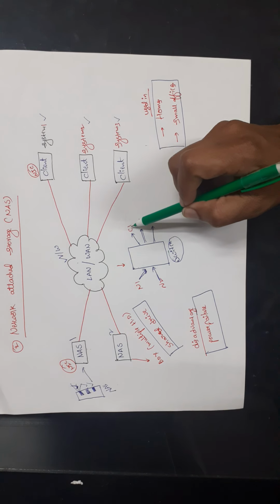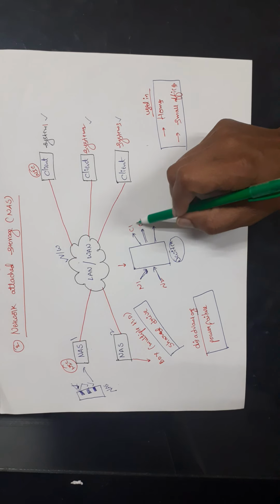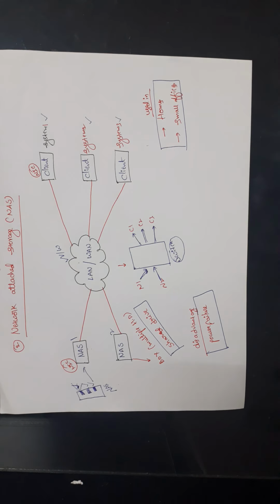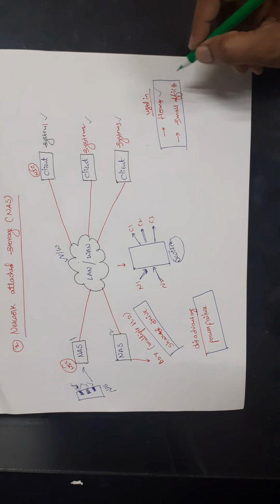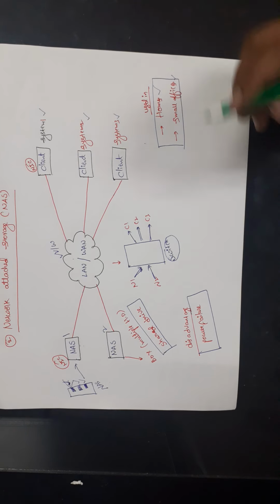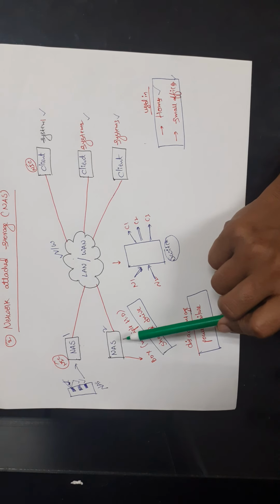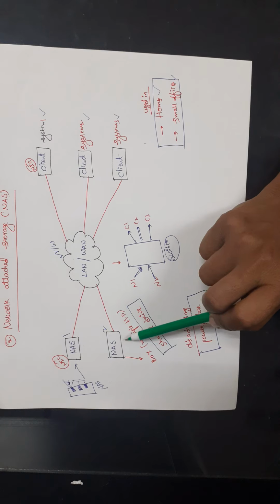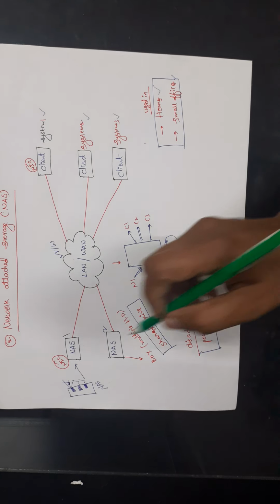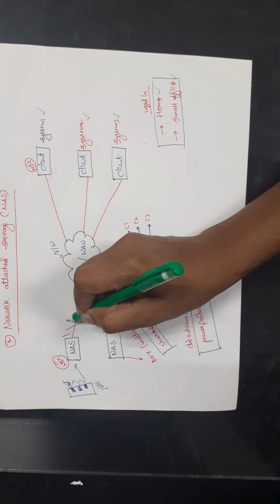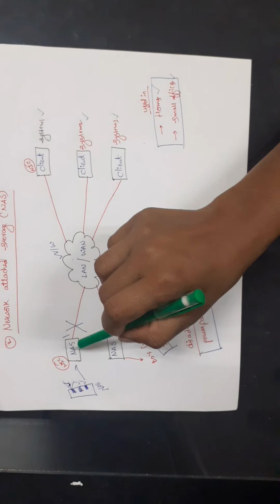Now these systems can store the data in NAS and these systems can access the data from the NAS. Generally NAS is used in homes and small offices because we cannot store a large amount of data here. We can store some small amount of data by using the NAS. One of the disadvantages with NAS is that if there is a power failure at NAS, no other system can access the data from the NAS.